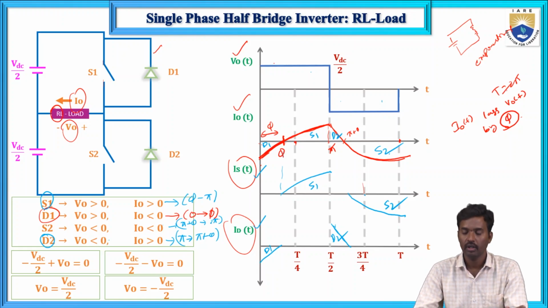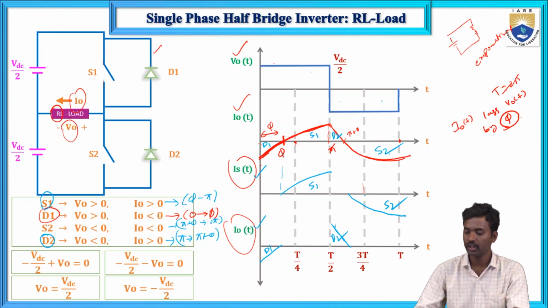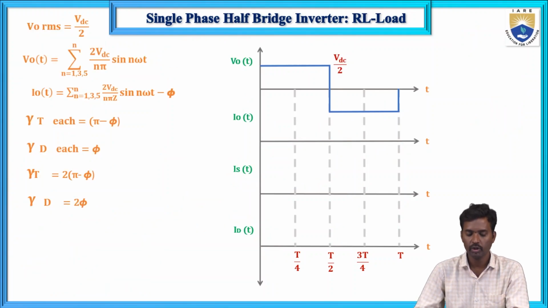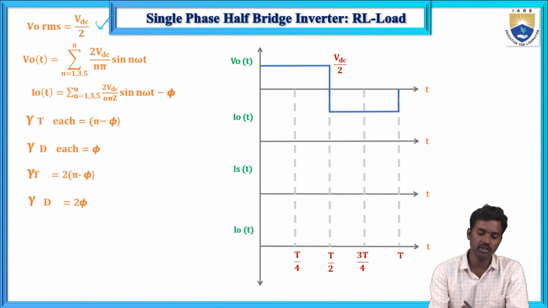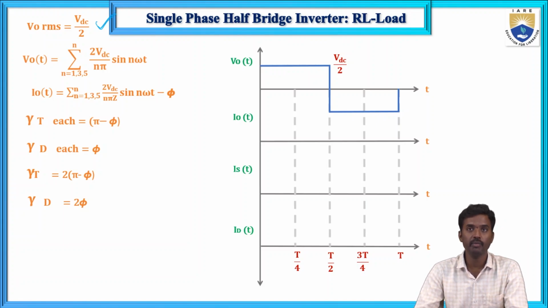So now here what about the RMS output voltage? The RMS output voltage, we have already seen, is the same for any type of load. So for a voltage source inverter, the output voltage is the same irrespective of load, for R load, L load, RLC load, RL load. So the output voltage is fixed, but the current only changes if you change the load. In the previous case also we got the total output RMS voltage equals VDC by 2. And next, the output voltage